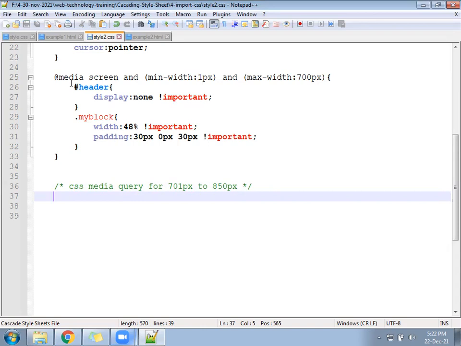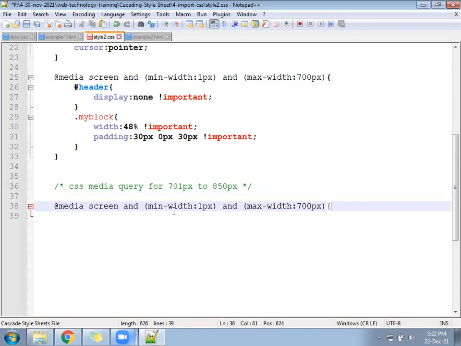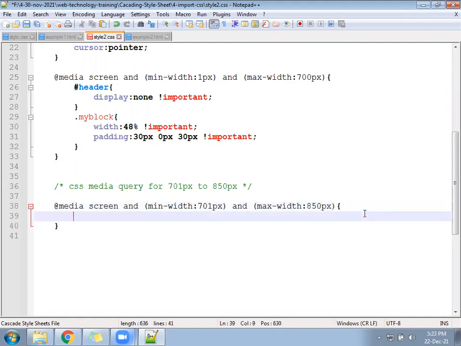Okay, come down. Write a media query where you start from minimum width 701px and maximum width 850px. In that case, media screen and minimum width 701 and maximum width 850 pixel.